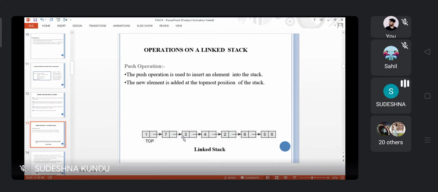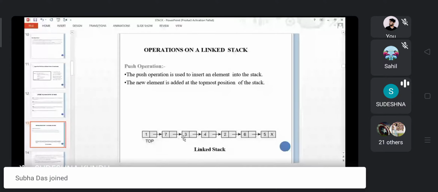So in case of stack, if we implement stack using linked list, we have to start from the top, means the starting position, and we have to delete it from the starting position also. So the top is always pointing to the starting position, or the head.